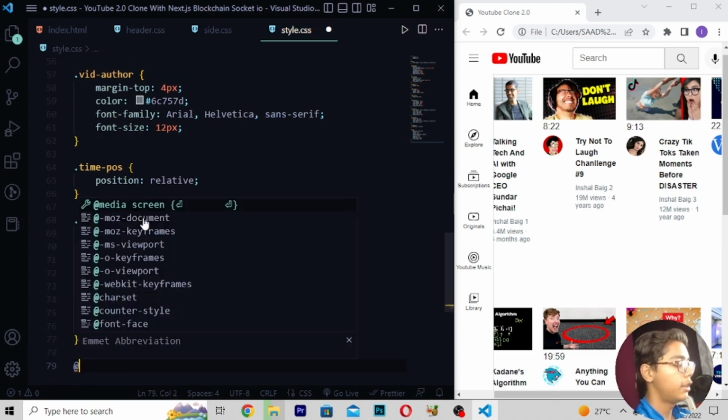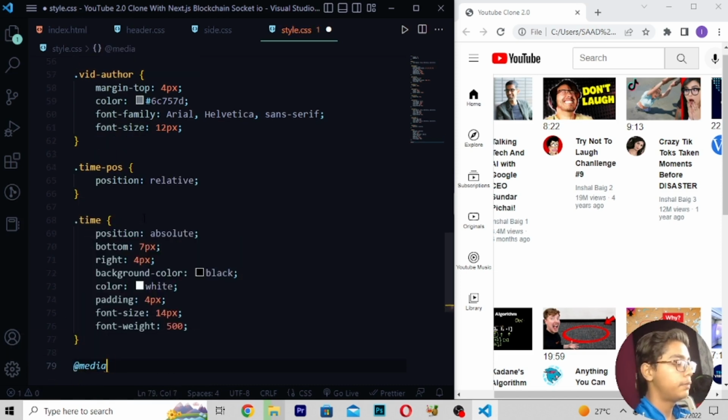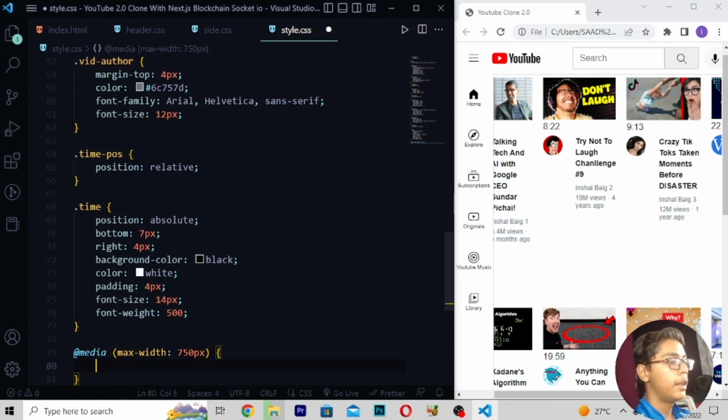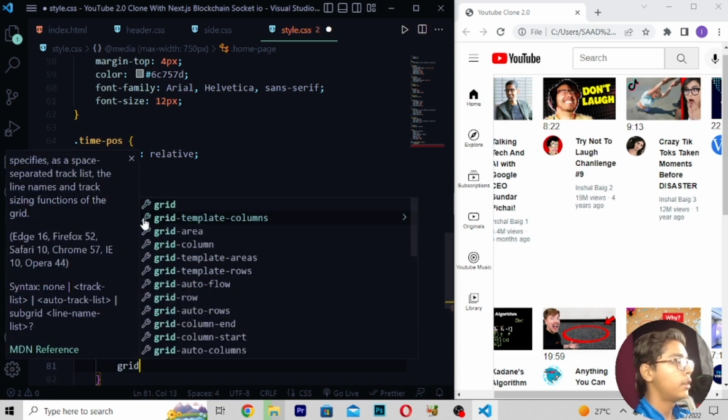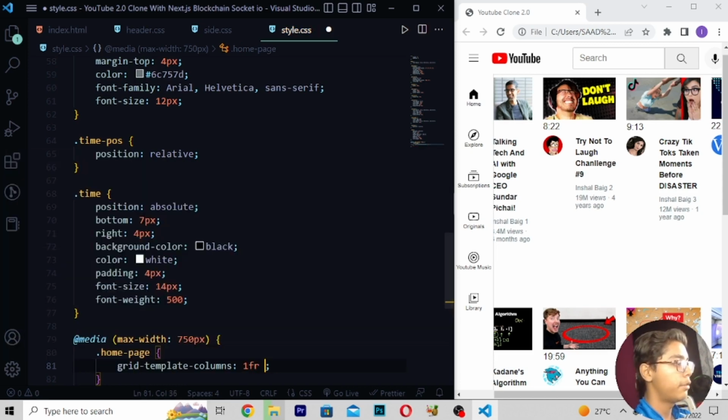Then I will be writing here @media, max width 750 pixel. Here I will be writing dot home dash page, then moving down, grid template columns which should be 1FR.